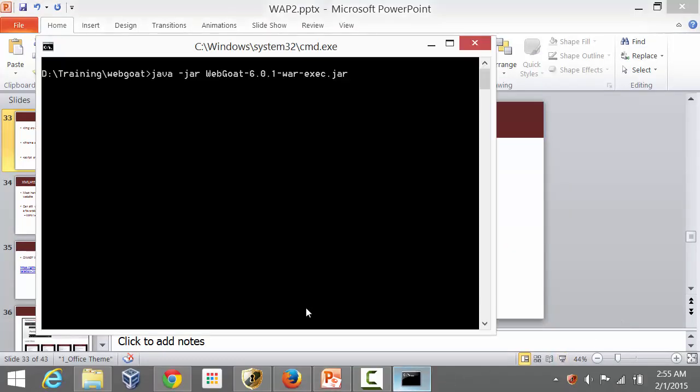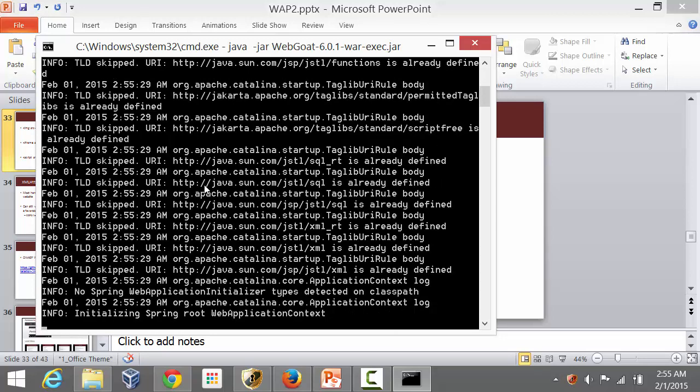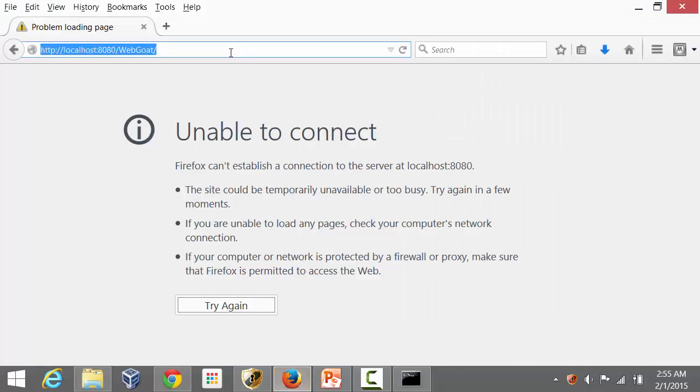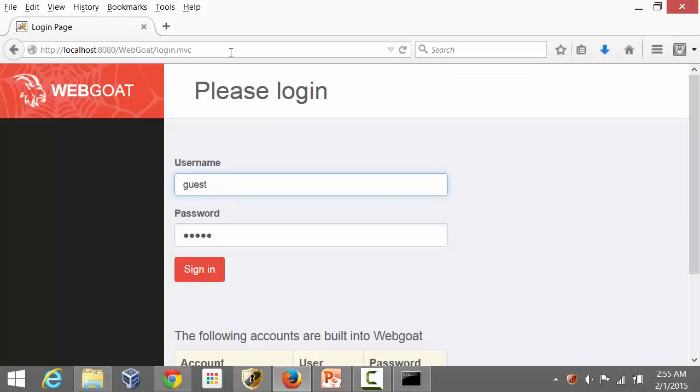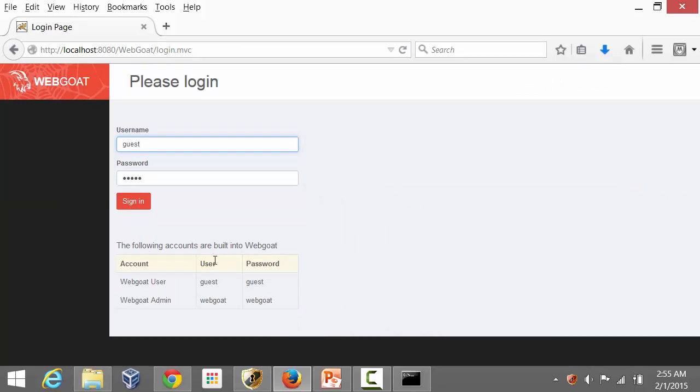So I'm going to start my WebGoat instance. If you aren't sure how I downloaded WebGoat and where from, please refer to the last video which has all the details. Now that WebGoat is started, let's actually access it. Here is the login page and I'm going to go with guest, sign in,